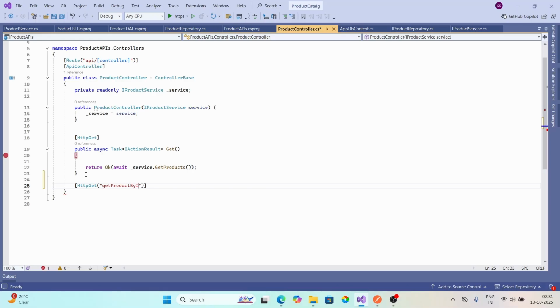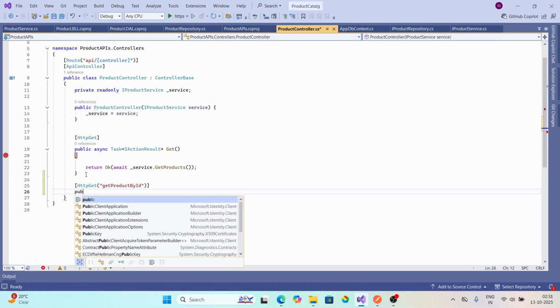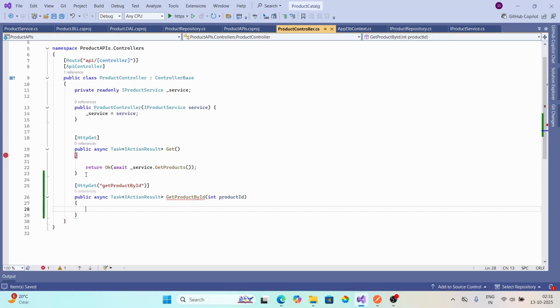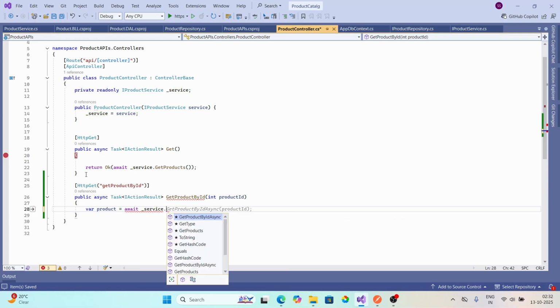by ID. Okay, public async Task of IActionResult GetProductById, integer productId, and var product equals to await _service.GetProductByIdAsync, this one. Okay,